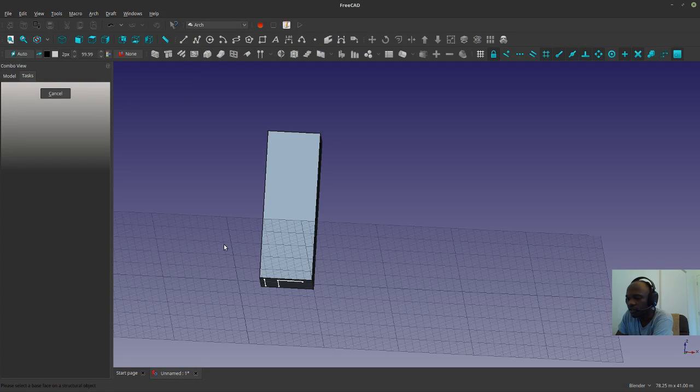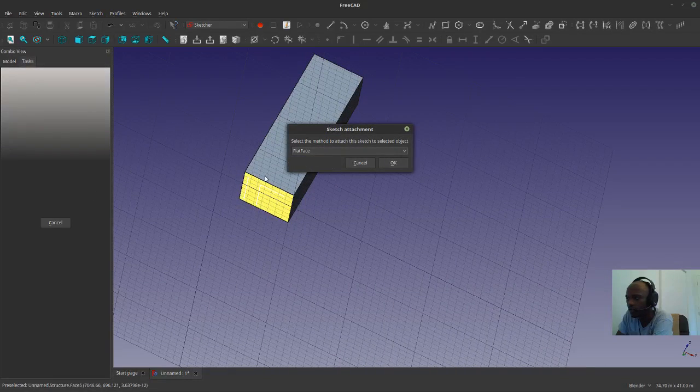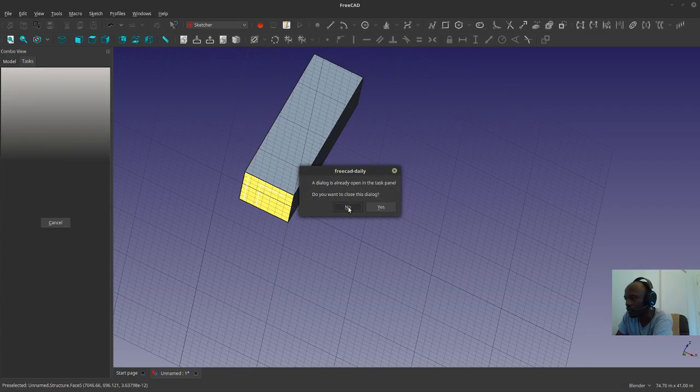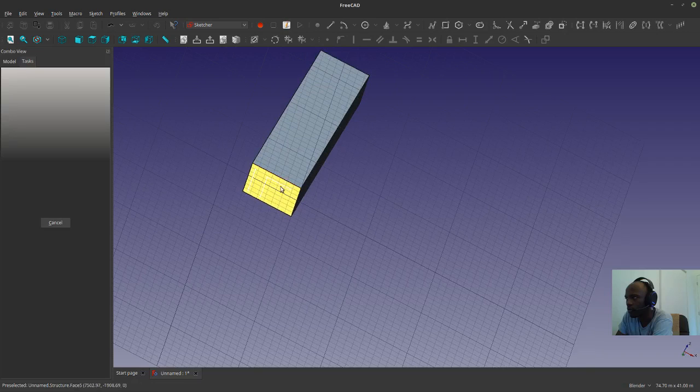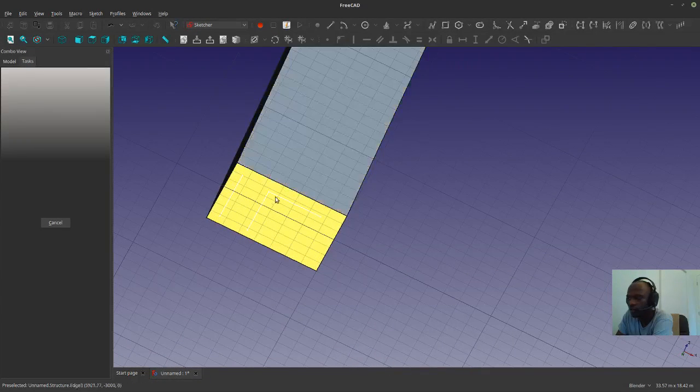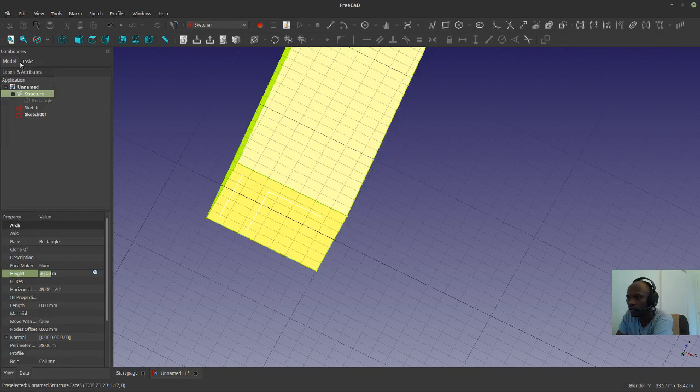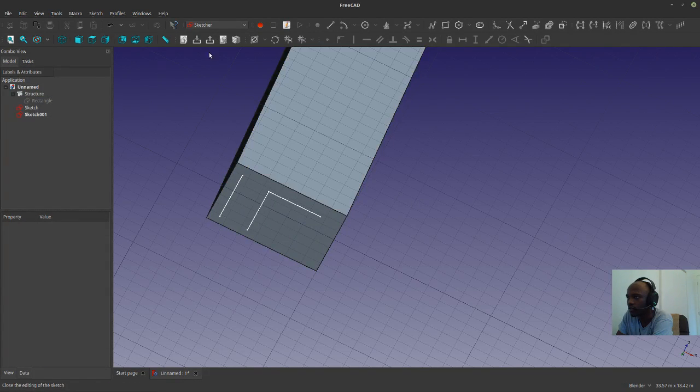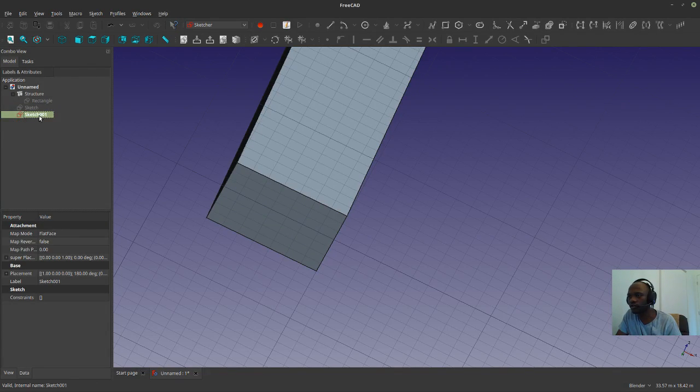Okay, select that. Please select a base face on a structural object. Okay. Select the method to attach this sketch. No. Okay, then what? All I see is the sketch. Sketch 1, sketch 2. A dialog box is